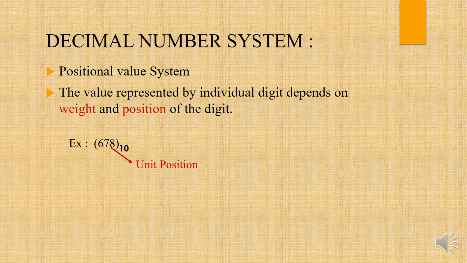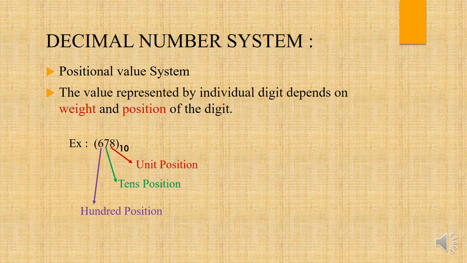So the place value of 8 would be 8. Okay, and 7 is at the tens position, right? So the place value of 7 would be 70, or you can say 7 into 10 to the power 1. Alright, and 6 is at the 100 place or position. So the place value of 6 would be 600, or you can say 6 into 10 to the power